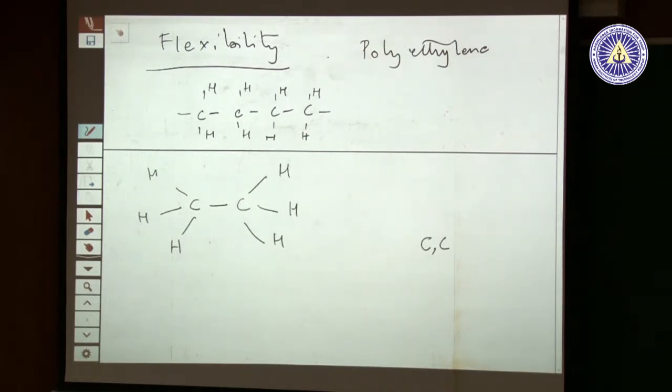And the top carbon has got 3 hydrogens. Let us draw them like this, okay. So, these are the 3 hydrogens attached to the top carbon, and if we look at the bottom carbon and ask where are the hydrogen atoms connected to that, it turns out because these hydrogen atoms repel each other, the bottom ones will arrange themselves like this. So, the dashed lines you can think of,